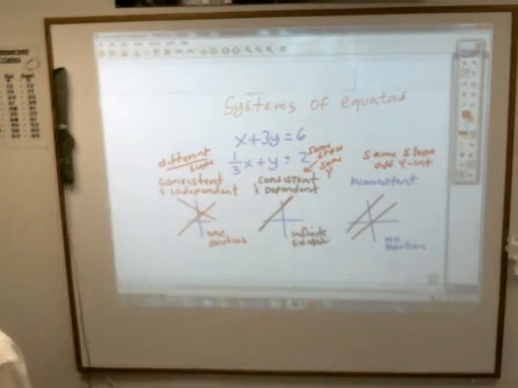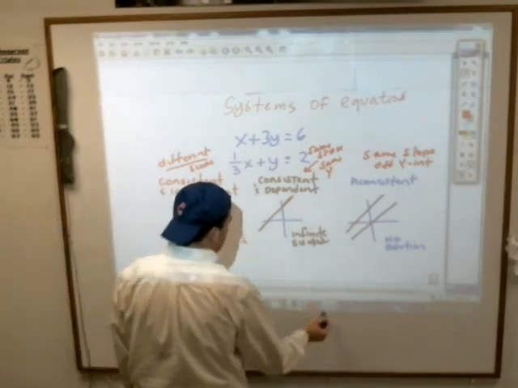So now you know when they ask you about consistent, independent, whatever stuff, or ask you to label those things, you will know based on your notes right there. And that, children, is gonna be